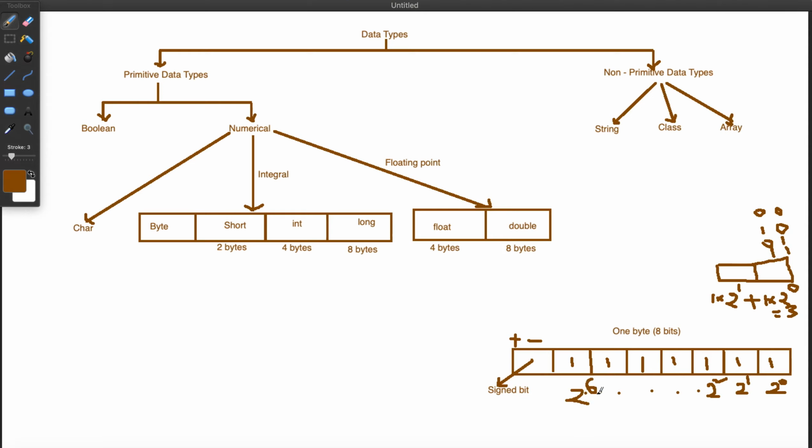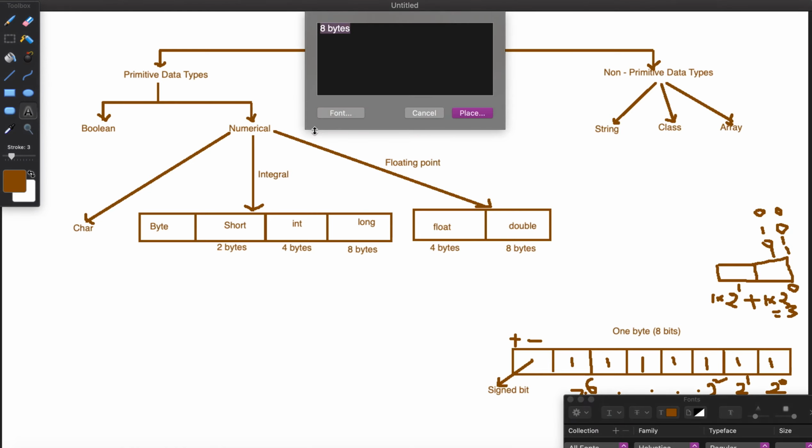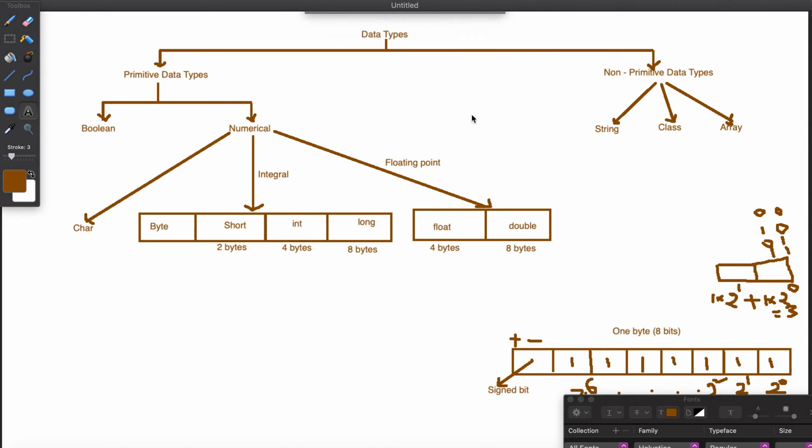Now we need to add all this. What is 2 power 6? It is 64 plus 32 plus 16 plus 8 plus 4 plus 2 plus 1, which is equal to 127.